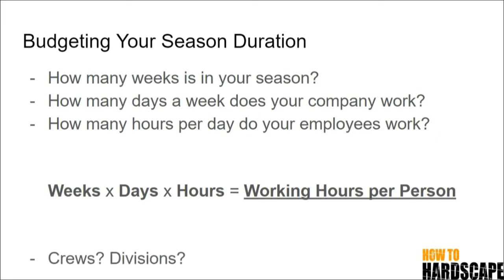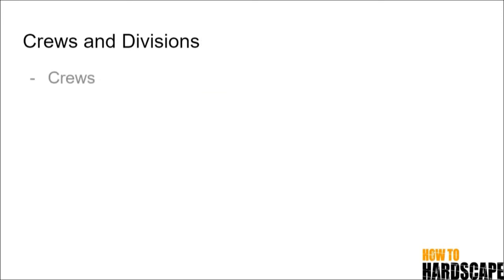And then comes the question, crews and divisions, because this is extremely important as well in being able to identify how many crews do you have available to you and how many divisions are in your business, because these are going to change your numbers drastically. So getting into crews and divisions, crews we define in our business as similar in project type, size, and equipment. So any crew that is similar in the project type that they might tackle, size, including people on that project type, as well as equipment that's going into that crew.